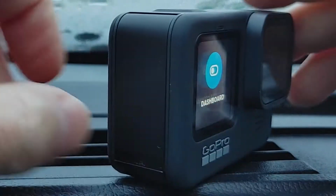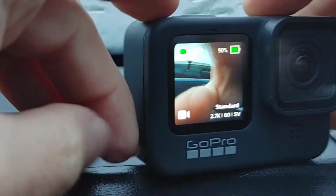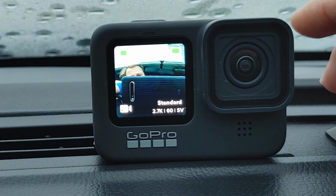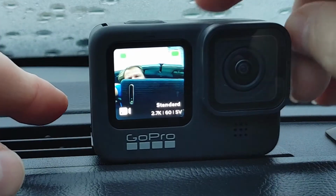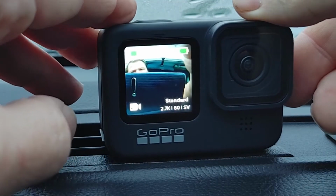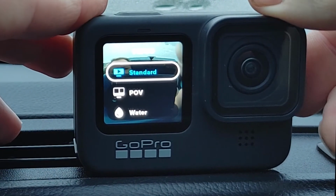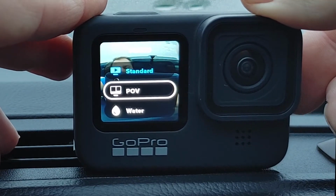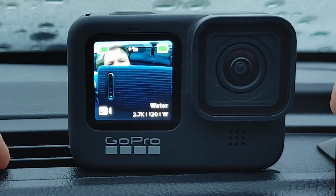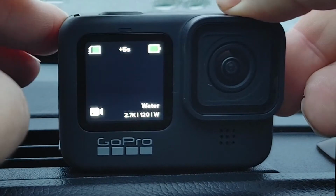Now, when it comes to changing modes, let's go ahead and get out of the dashboard. Once we're out in the water, the question is going to be, how do I change the settings? To do that, I'm going to press in on the mode button, which is on this side on this camera, and then press the shutter. That brings up all of my presets. Then I just use the mode button to scroll down to whatever I want. So let's say I wanted to go to water, I just hit the shutter, and it automatically switches to that preset. If I want to change it again, press in on mode, hit the shutter,